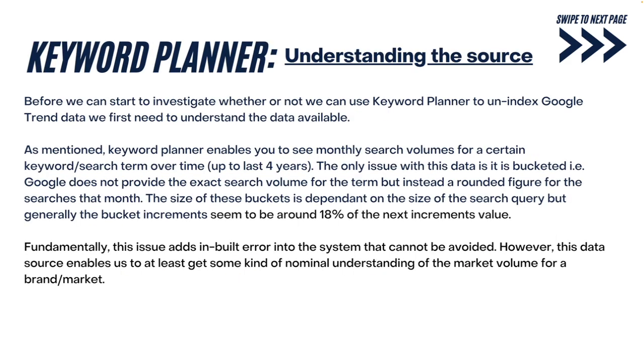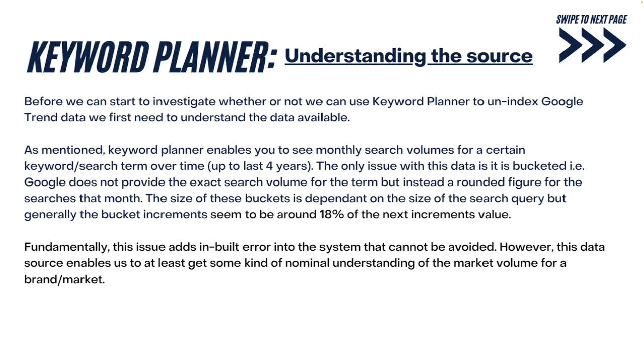So that moves us on to the second source, which is Keyword Planner. How can we use Keyword Planner to unindex the data we get from Google Trends, and is that approach valid? Before we get into whether or not unindexing is a valid approach, I guess we need to understand the data available. Keyword Planner is a very valuable tool to understand the monthly search volume for a certain search term